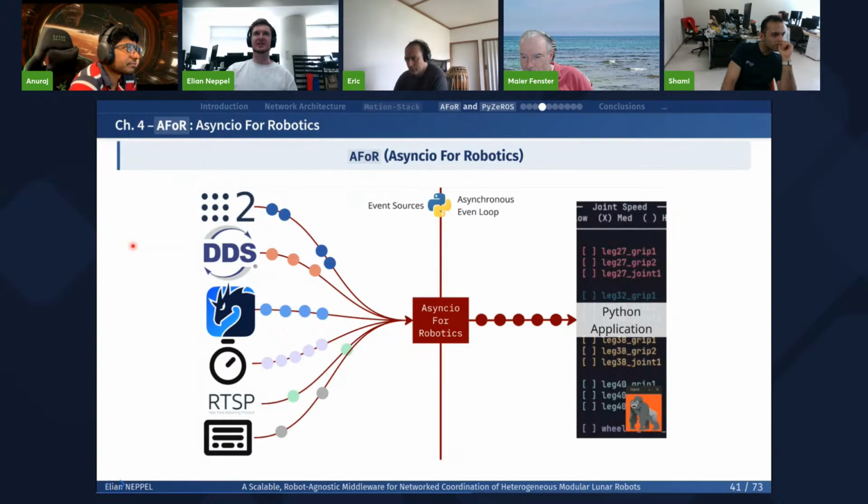And so this is why I created A4, that stands for Async I/O for Robotics. And with A4, we can have ROS2, DDS, Zenoh, or just keyboard key presses that are then forwarded to A4. And you can write your application directly in pure native asynchronous Python code and have this application be able to intake asynchronous events that come from anywhere, being ROS2, DDS, or just keyboard presses.